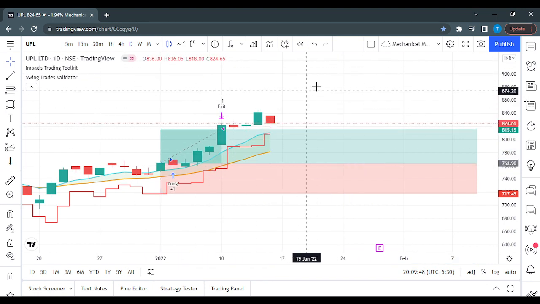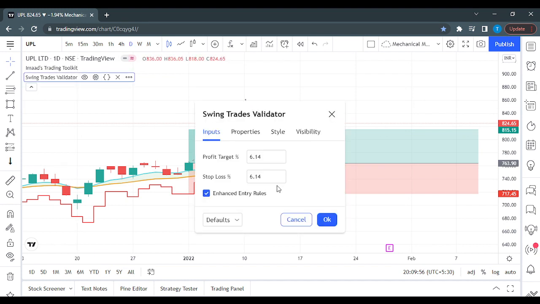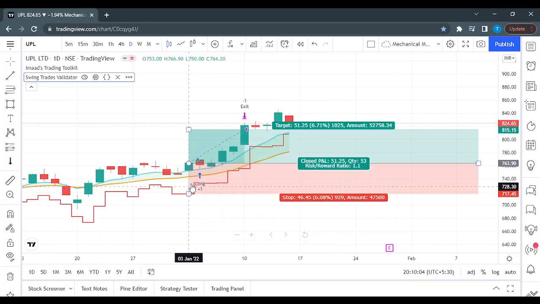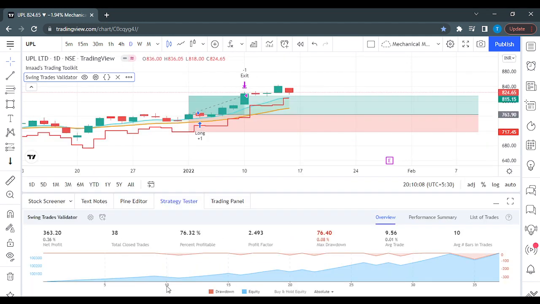I can still trail this trade for a while longer. But if I had entered at this point and I'd kept a 6.08%, which is what is visible on my stop loss, right? 6.08%. If I look at my strategy tester, it says that out of the 38 trades that